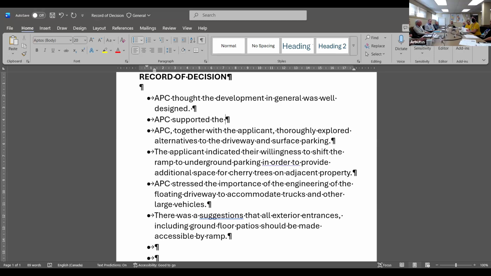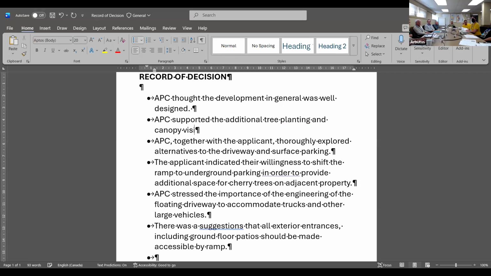APC supported the additional tree planting and canopy vision for the property. And then the first one, I thought: the development in general is well designed, but the 4th Street elevation requires further attention.